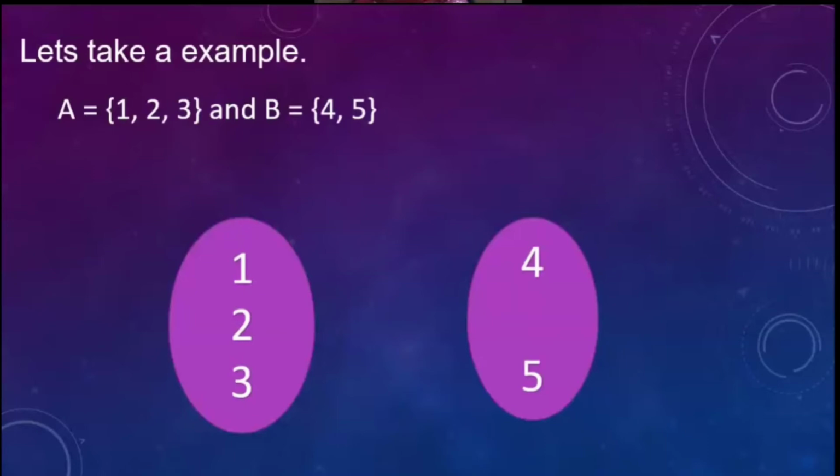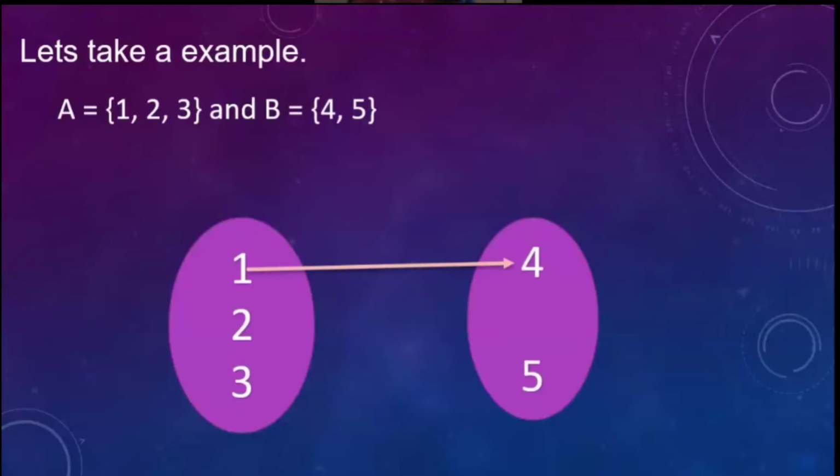In that, what you need to do is take the first element from set A. What is my first element in set A? That is 1. So multiply 1 with the first element in set B, which is 4. But here multiplication does not mean multiplying 1 into 4 like that. You are just keeping both elements in one ordered pair. The first element from set A you write first, that is your x coordinate. So first you write 1, then put a comma, then write the first element from set B, 4, and keep them in a bracket. That is called an ordered pair.